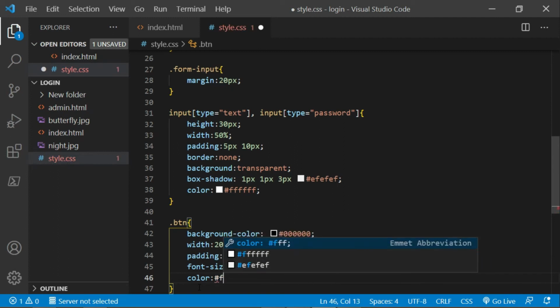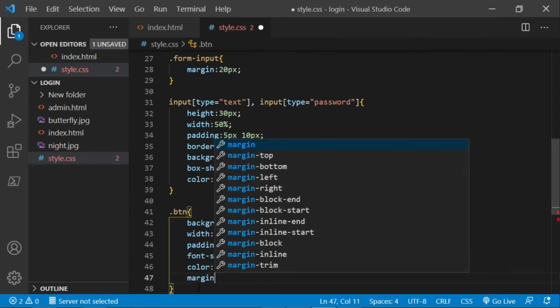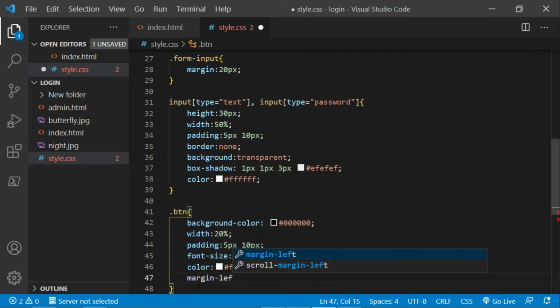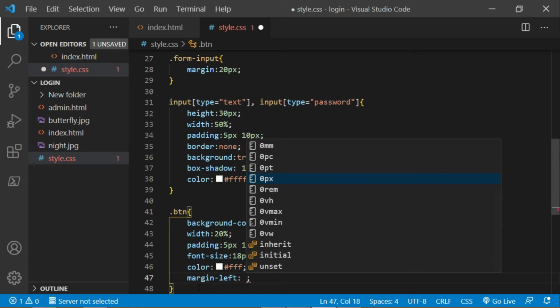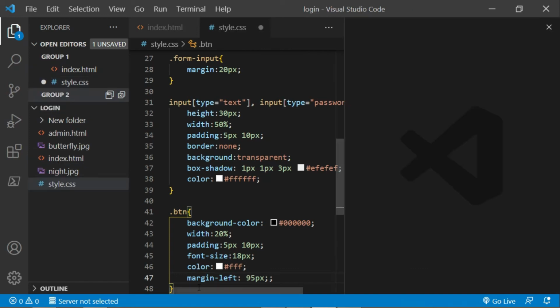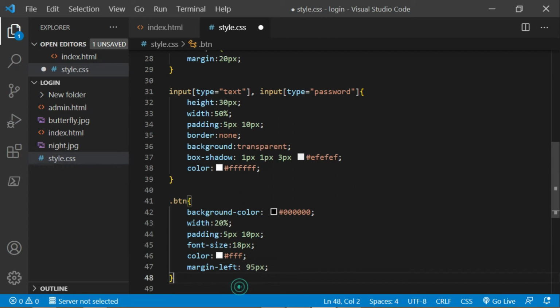No, white is FFF, or you can just write F3, it will work. Okay, then we give it a margin left of say 95 pixel. That is, we want to push the button away from the left side by 95 pixels. Okay, then lastly, let's style